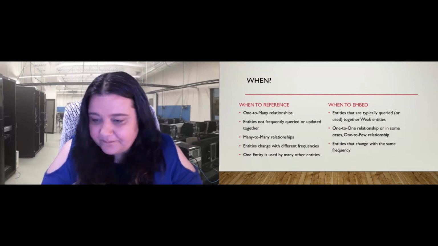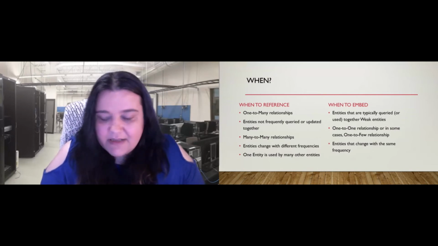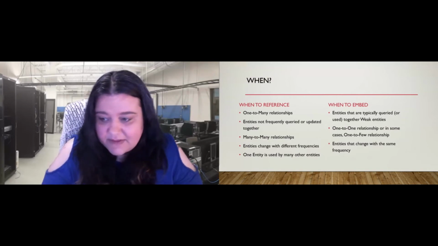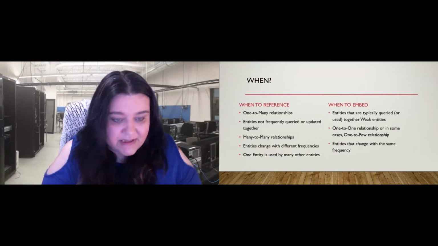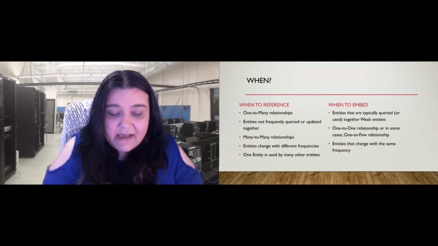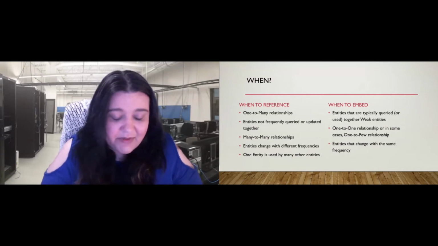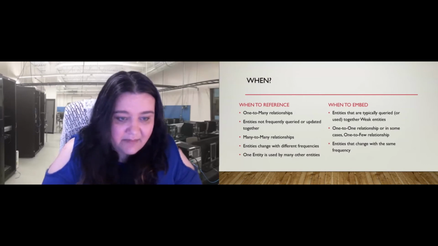and they would generally change with the same frequency as well. So instead of social media accounts or phone numbers, say, we could say emergency contact information. So if you have a staff document where you have all the staff information, typically when somebody adds that emergency contact information, it's not changed for a long time.